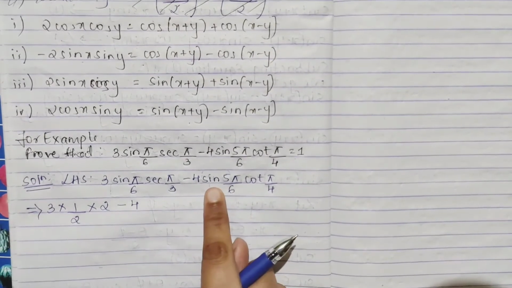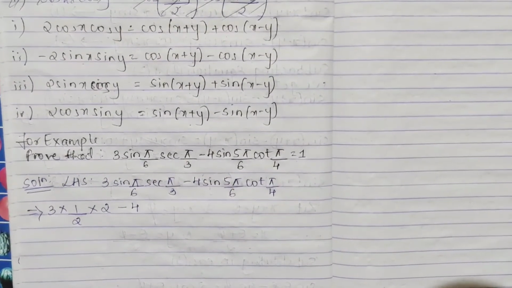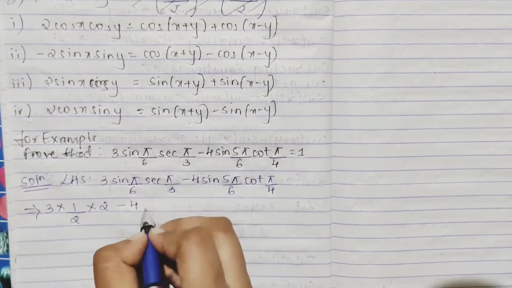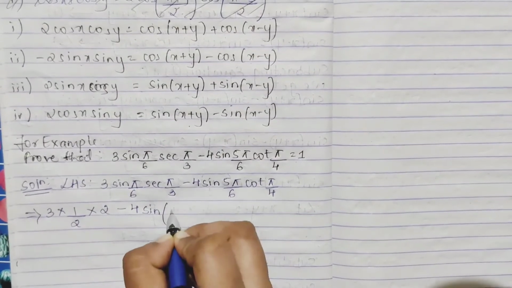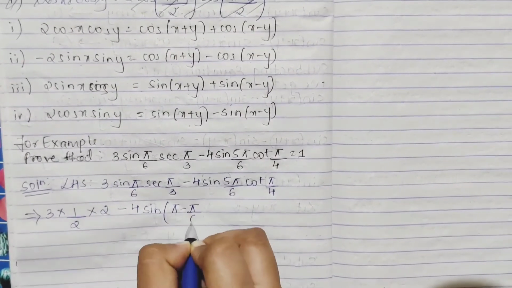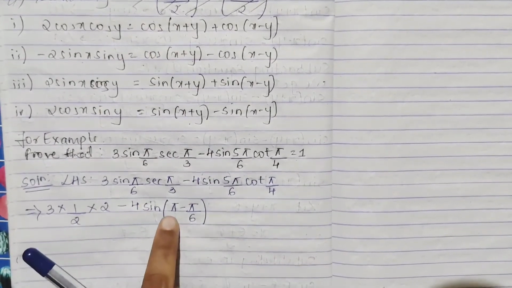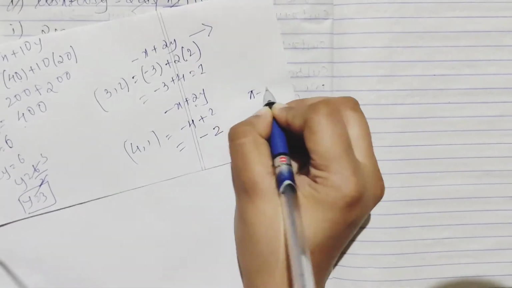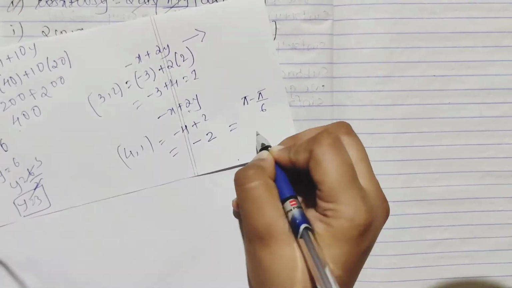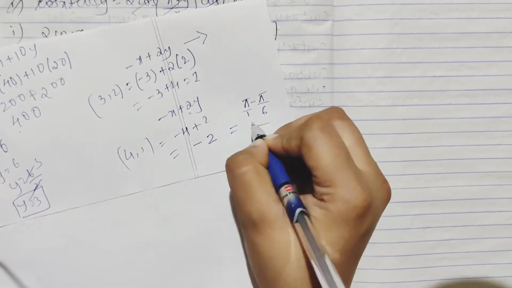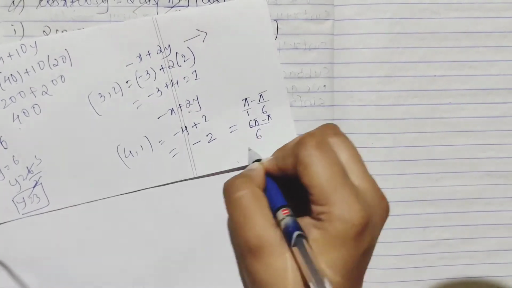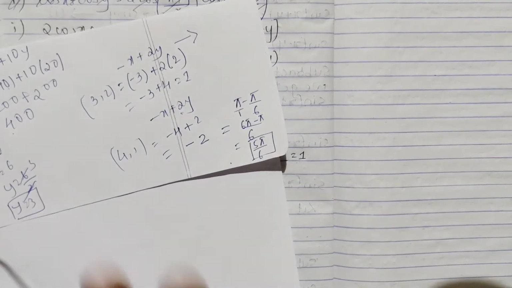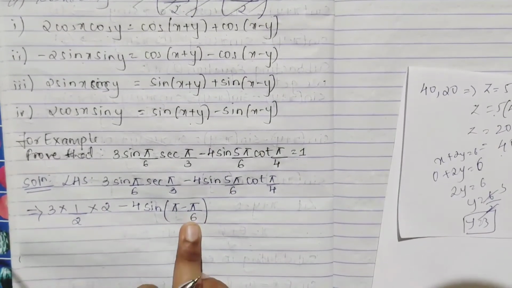Now 4, here you see you have sin 5 pi by 6. Now sin 5 pi by 6 you don't know the value, right? So here you have to make use of our identity. I can write this as pi minus pi by 6. If I take LCM, I'll get here 6, here 1. So 6 pi minus pi is 5 pi by 6. So originally I am coming to 5 pi by 6 only. So I can write this as sin of pi minus pi by 6.